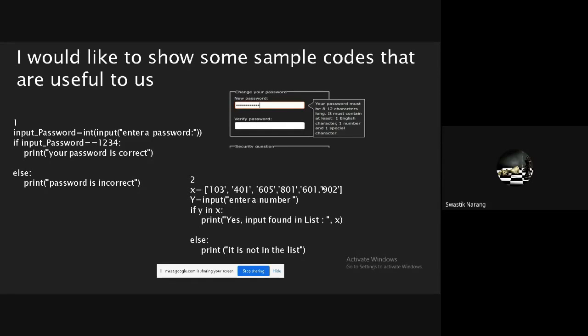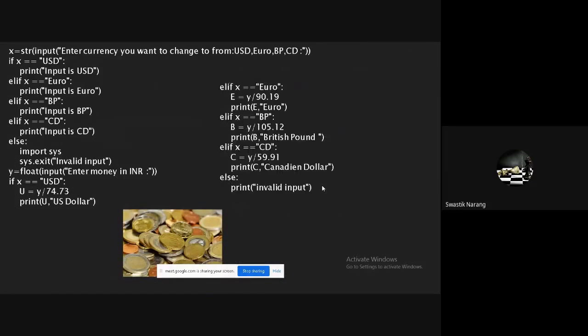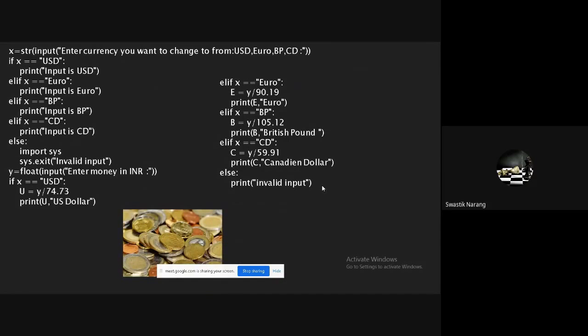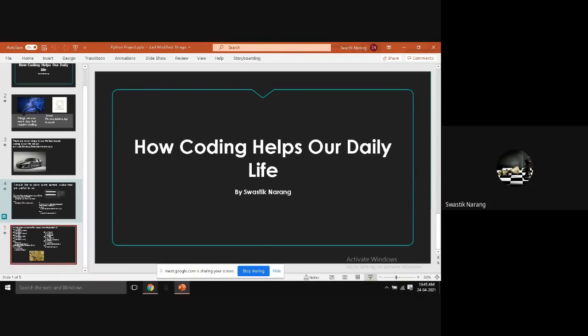For my second code, I have made a program that can tell us if a certain item is present in a list. And for my last code, I have made a currency changer that can convert Indian rupees to US dollars, euro, British pound, and Canadian dollars. Now I will show you how my code works.